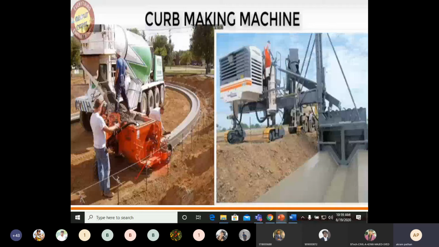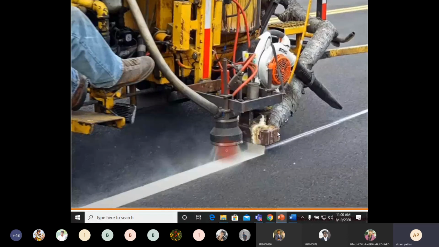These are other machines here. This is the curb making machine. If you want to make a circular curb, this is the machine by which we can do such work, and we can achieve speed in the work. This is another advanced equipment.